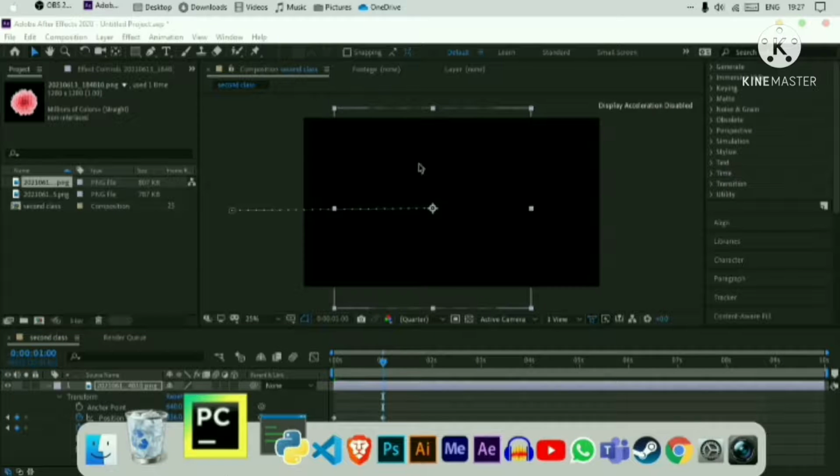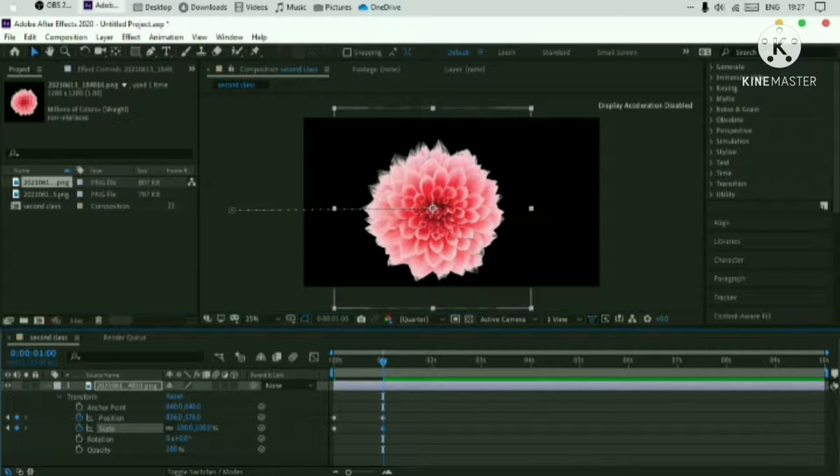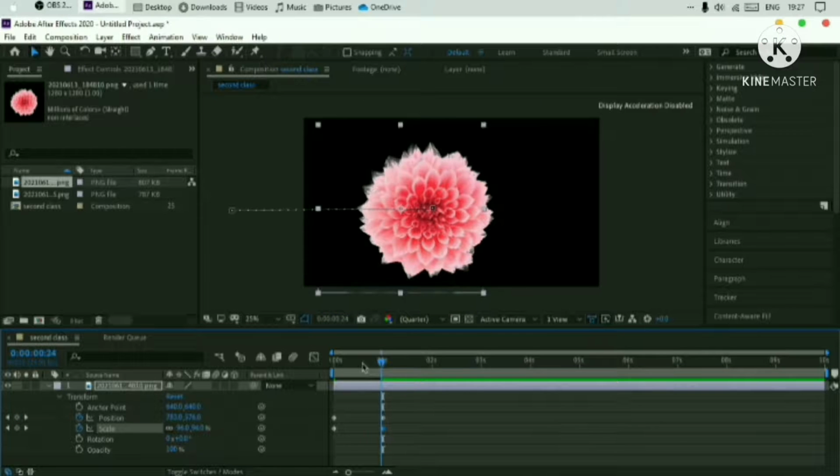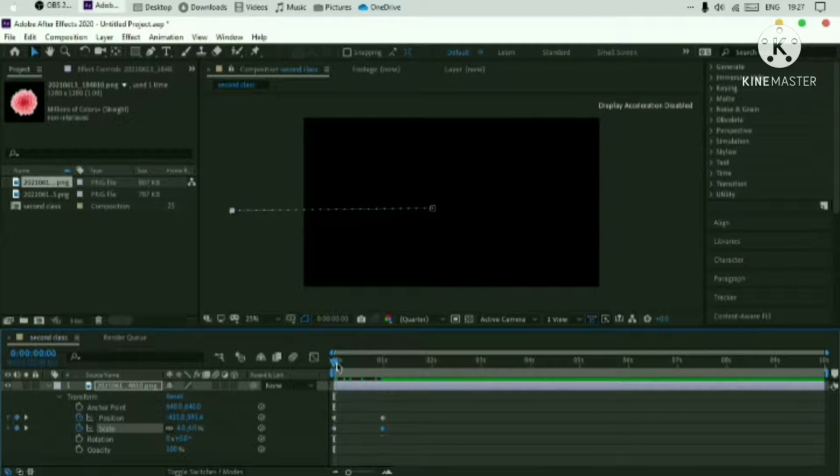I am pretty sure that you are understanding all this which I am showing. If you are not able to understand something, then you can just comment down below. Alright, so back to it. What I have done is that it comes from small to big, from the left side to the center.